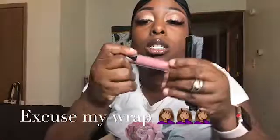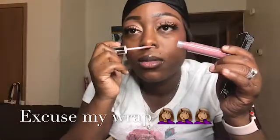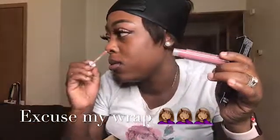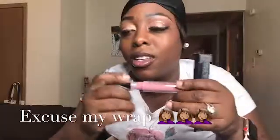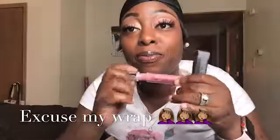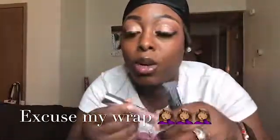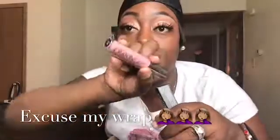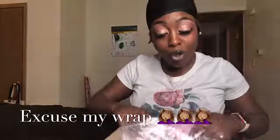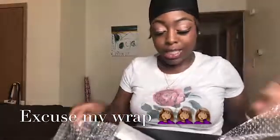Crayon Case. I want to smell it. It smells good. It smells like perfume. It smells like perfume? I want to smell it. You want to smell it? It smells good. Yeah. I can't put it on right now because of course I have lip gloss on, but this is pretty dope. I like this case. I like that it says the Crayon Case on it. So that's that. So far I opened up lip gloss, I opened up some pomade brushes,